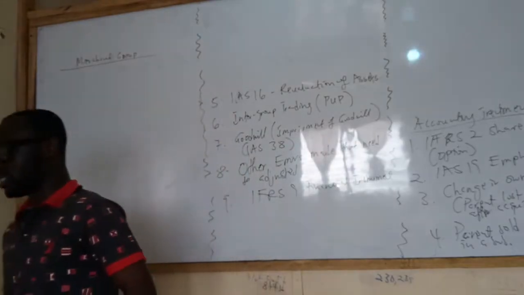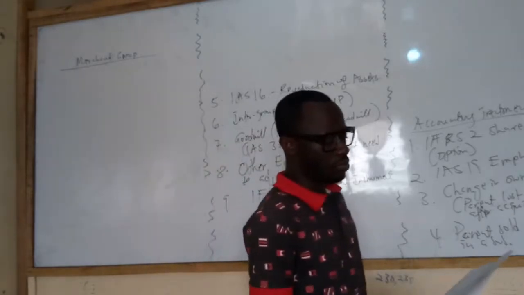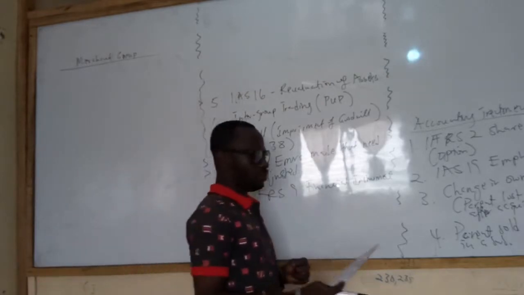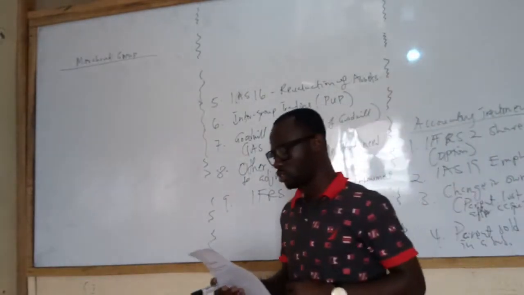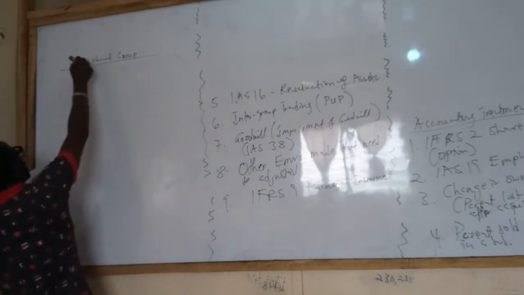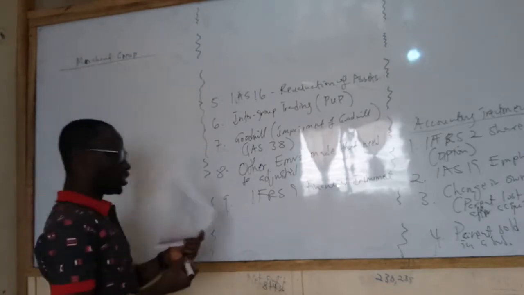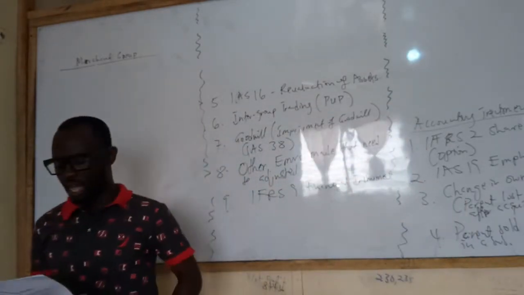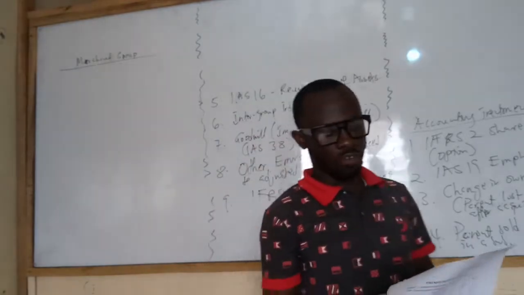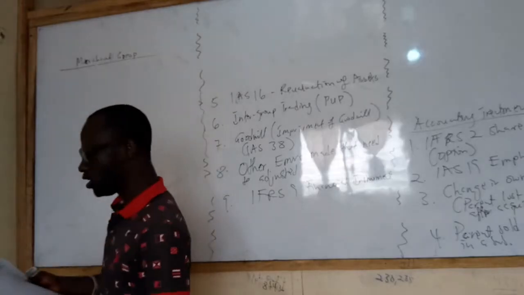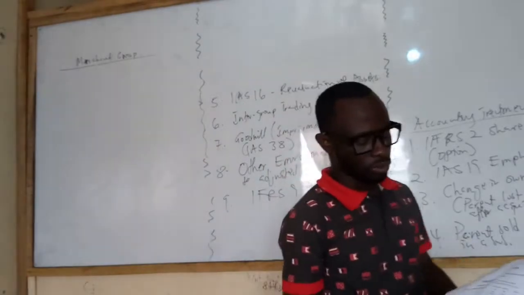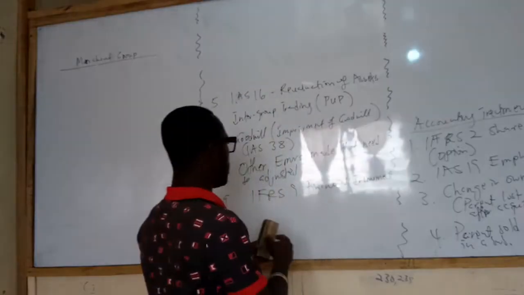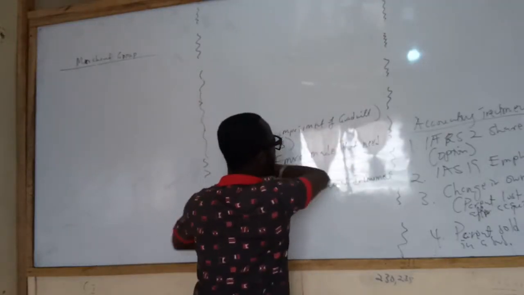Prepare a consolidated statement of profit or loss and other comprehensive income for the year ended 31st April 2014 for the Marchant group. And then two: explain with suitable calculation how the sale of the 8% interest in Nathan should be dealt with in the group statement of financial position. Now again, before I go, there was something I wanted to bring to your notice quickly